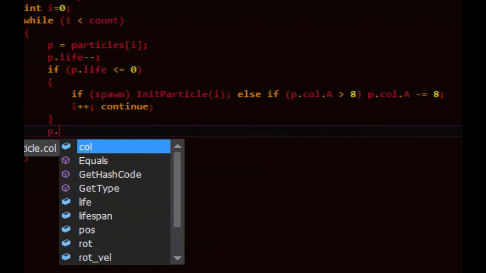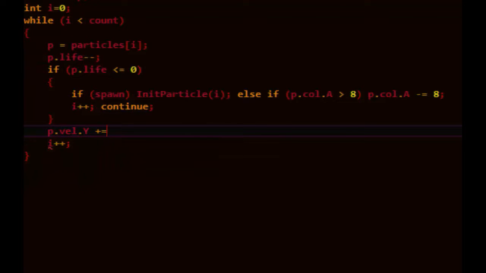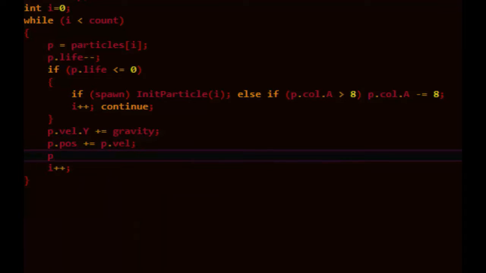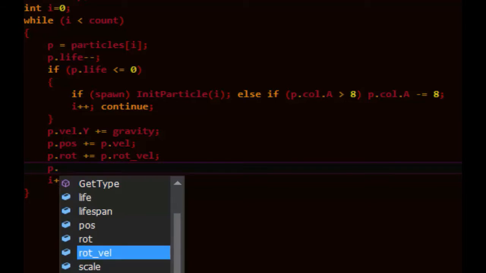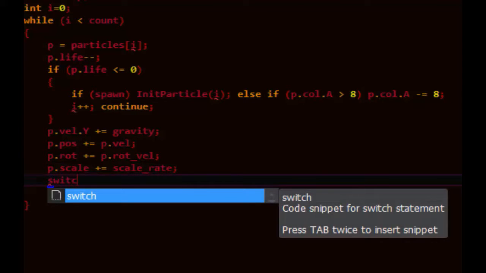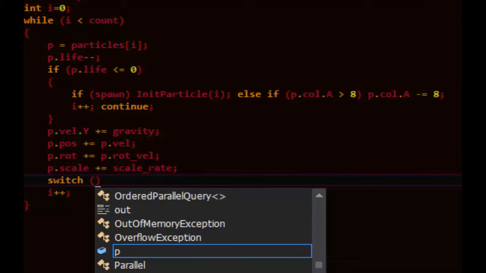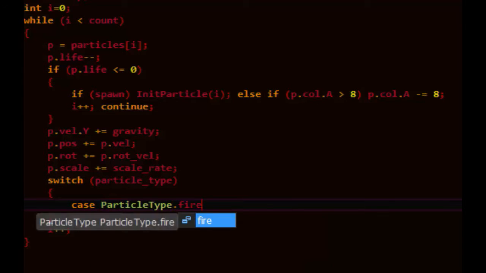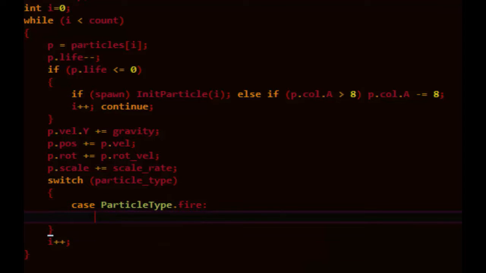And here we can say the velocity in the y direction is going to be influenced by gravity. And we'll say that its position in general is influenced by its velocity. And its rotation, obviously, by its rotation velocity. So a lot of this you might be thinking, well, that could be inside the particle class itself. And like I said, just to maximize performance, this should be, in theory, a little bit faster. Scale rate. And then this is going to be unique to the Fire particle, so that's why I have this switch in here. Particle type. So sometimes there's certain things that only certain particles will do, and that's where you put in these unique behaviors